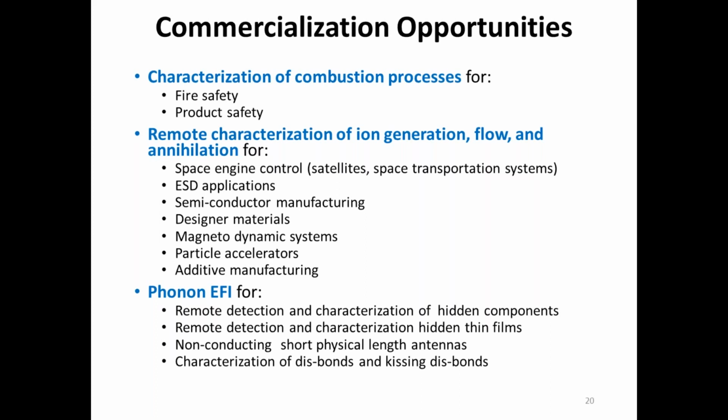The other element is that I showed you electric field imaging through the first section. There's no reason why you can't add another technology onto electric field imaging. In other words, you can actually use phonons with electric field imaging to generate electric dipoles within a material. For instance, you could have something vibrating, I'll use sound as an example. You could have sound vibrate an object inside a system if the two objects have different triboelectric properties. Every time they separate, they create a dipole electric field, and you can see that field outside externally, remotely,